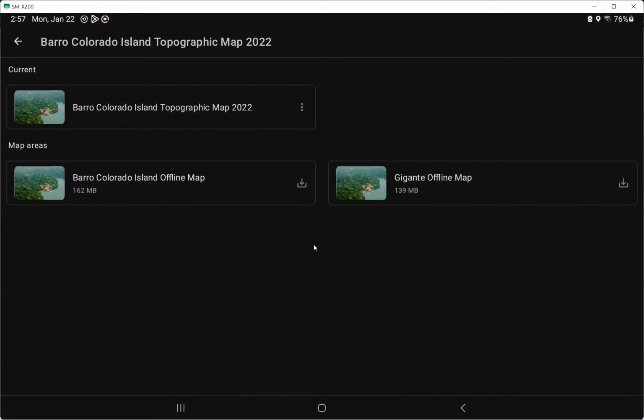And you will notice that there are two maps under the map areas here. The Barro Colorado Island offline map, which is 162 megabytes in size, and the Gigante offline map, which is 139 megabytes. At each side of the map is the download button, which we will press to download the map.